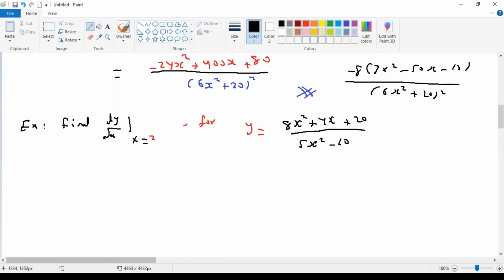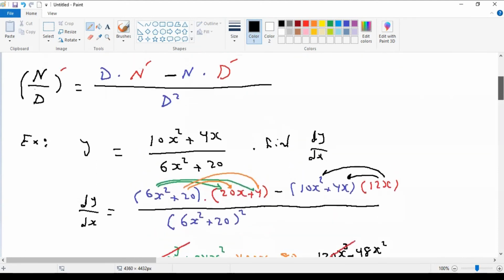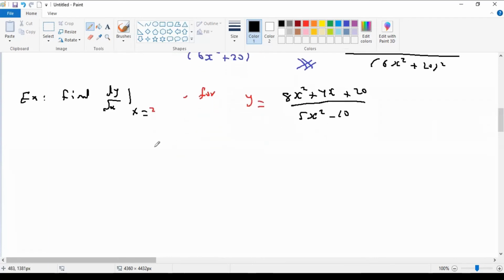So now we have numerator and denominator. This one is the numerator, this is the denominator. To find dy dx, you have to use the quotient rule. Again, the quotient rule is the denominator squared, then the denominator multiplied by the derivative of the numerator, minus the numerator multiplied by the derivative of the denominator. Now, the solution: dy dx, the derivative, equal to